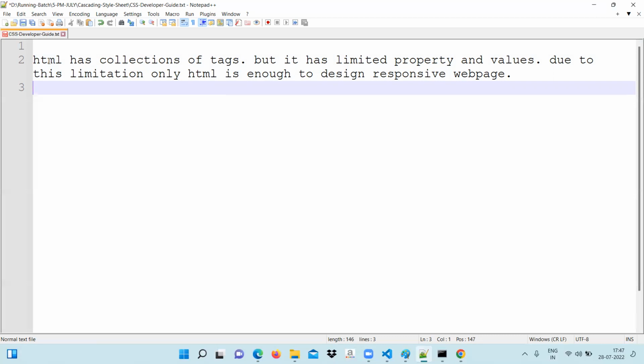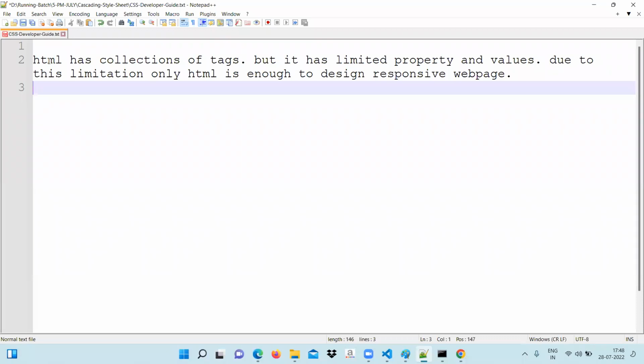We are not able to change the border of the button or the table. That happened because in HTML tags we have limited property and values. This limitation stops us from designing a responsive page